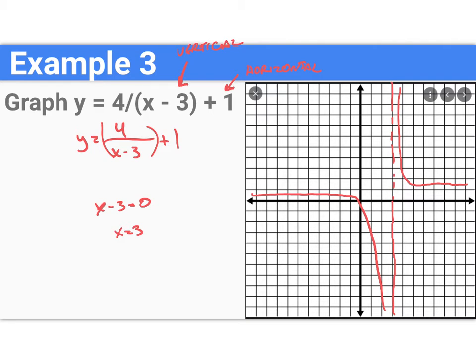Okay, so I didn't make a table of values of this. I just used the calculator. So let me show you how to put this in the calculator. So what you're going to do is hit the y equals button. And if you need to clear out any functions, hit the clear button. It's right under the arrows. You are going to need to open up a parentheses